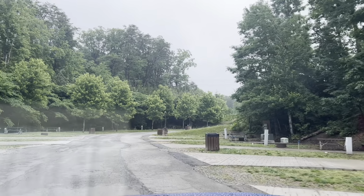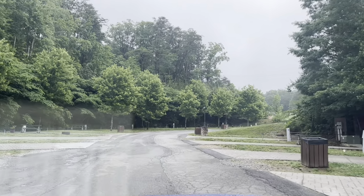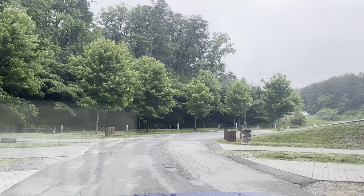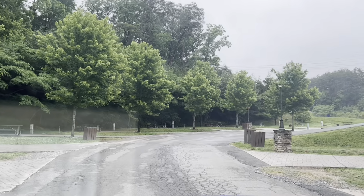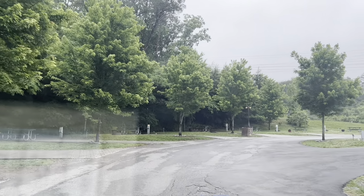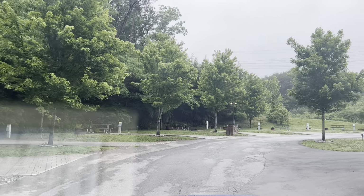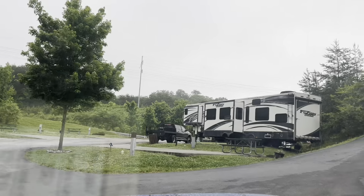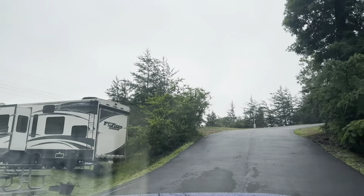Apologize for this morning's weather. It's not the greatest, but I am trying to get this done. It's a small campground. The sites are fairly close together, but it's a destination. So we're going to take this right turn here up this hill, and we will see the